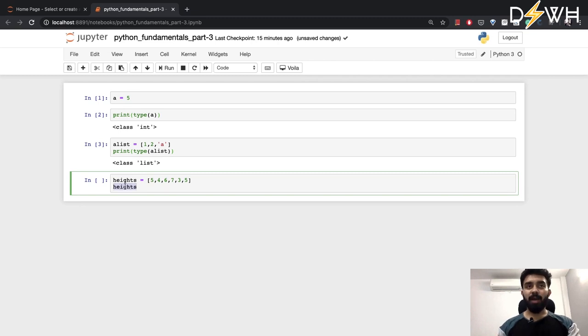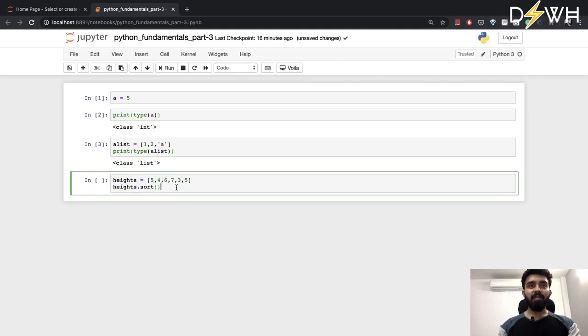So heights is my instance of the class list, and I can simply invoke the sort function using the dot operator. I am calling the sort function of the object heights, and heights is a class list object.